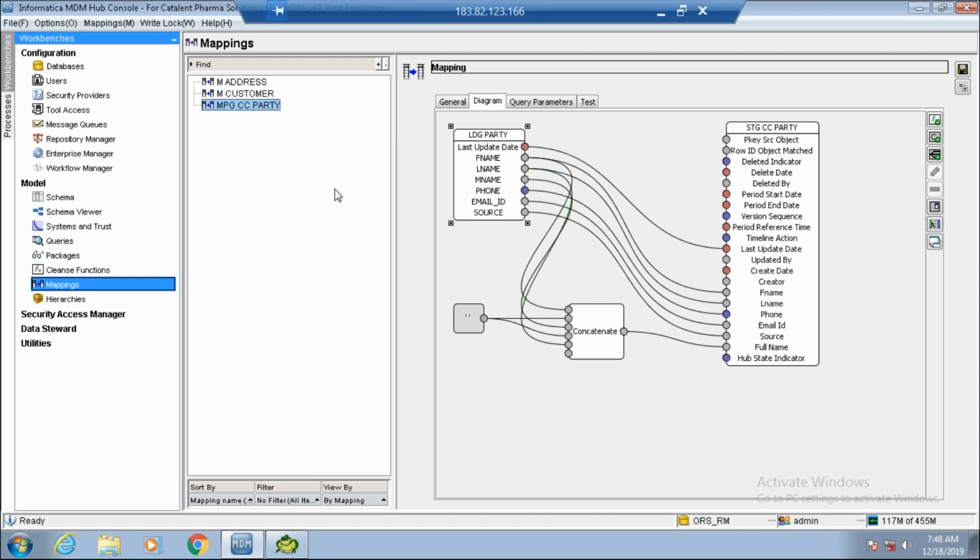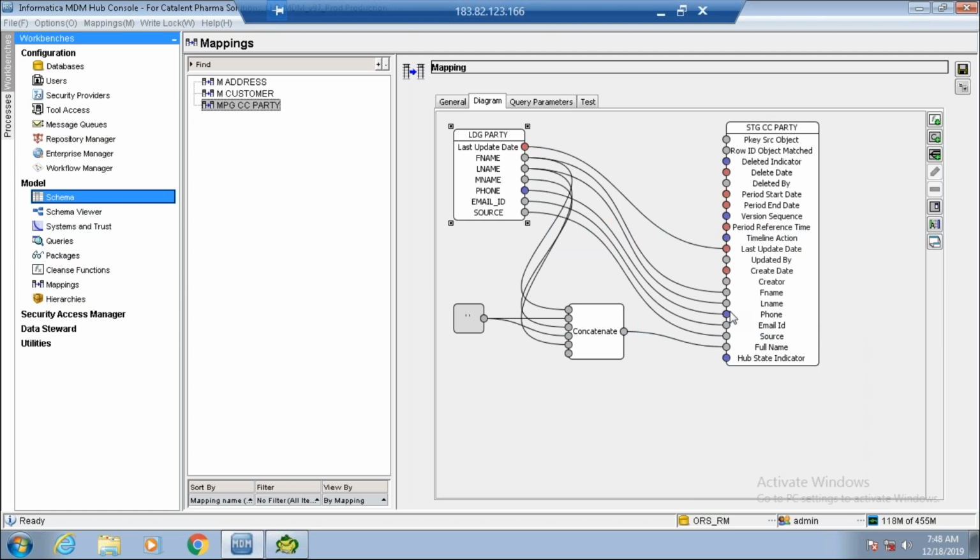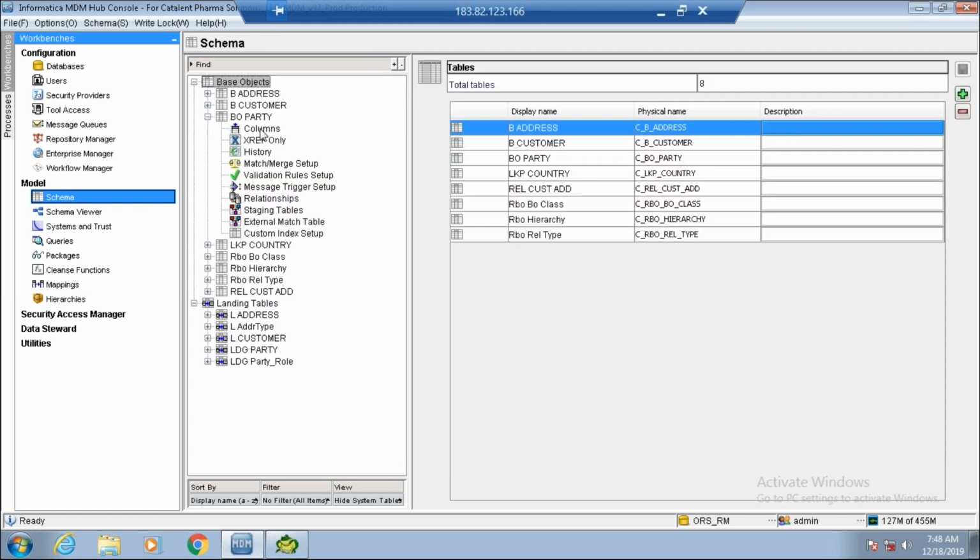Let us add a new column to our planning table. Amulya, this is base object. Yeah, sorry. Thank you.